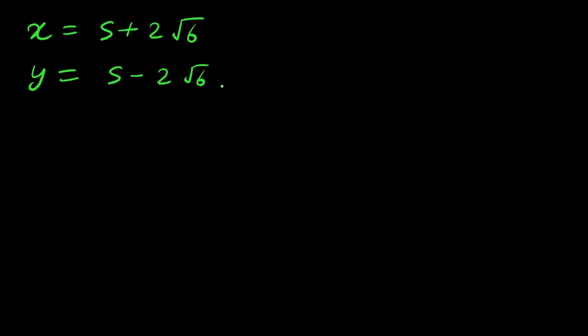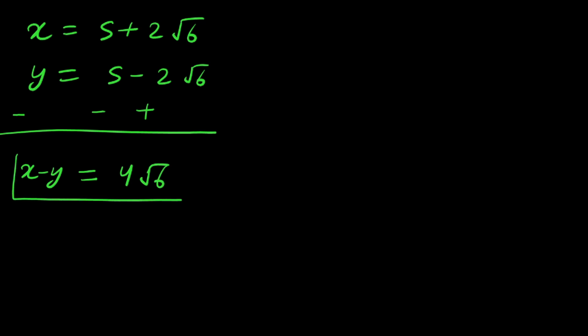If we subtract the second equation from the first, then on the left-hand side, minus minus becomes plus, so we get x minus y. On the right-hand side, the plus 5 and minus 5 cancel out, and 2 times square root of 6 plus 2 times square root of 6 is 4 times square root of 6. Now